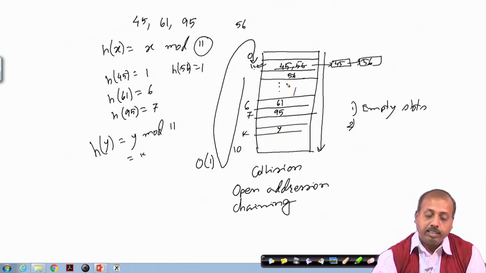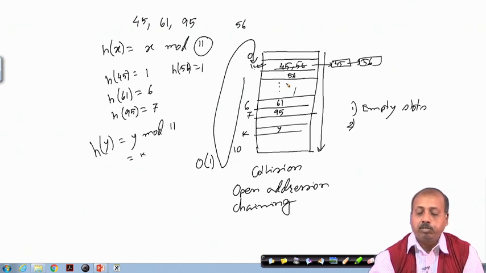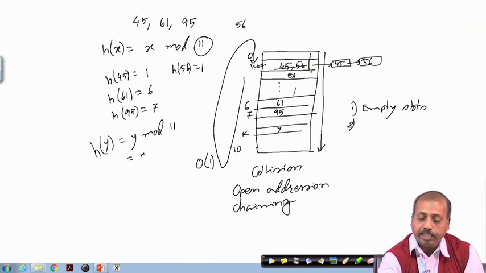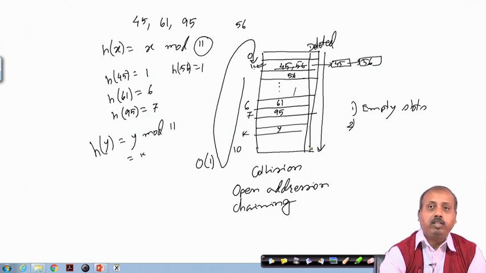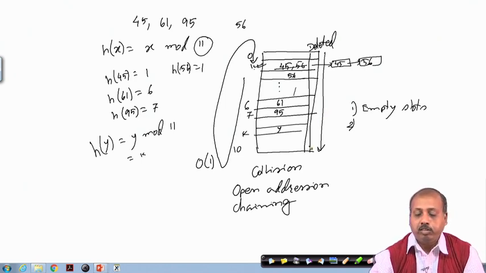The difficulty that we have is with deletion, because if you want to delete an entry, how do you say that this particular slot does not have the number? We need to have another flag here, which we call, say, a deleted flag, and that flag has to be turned on if a number is deleted. If this particular table entry is not containing valid data, then the deleted flag should be on.